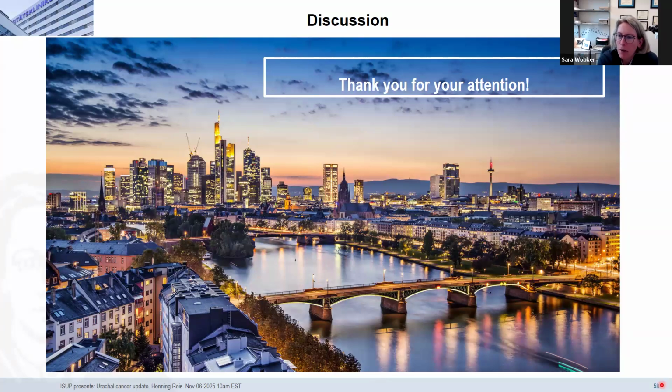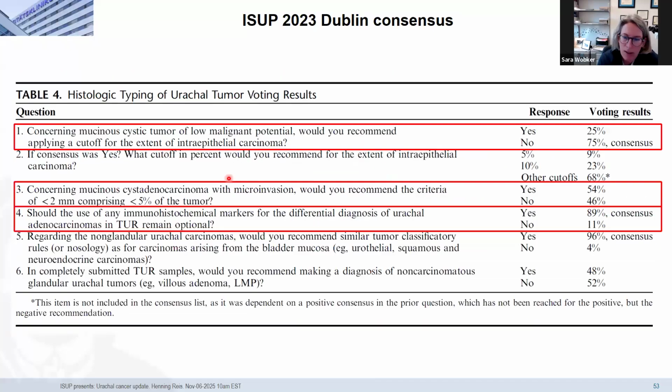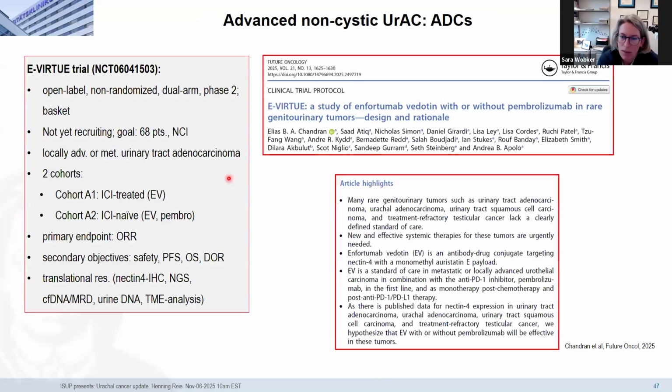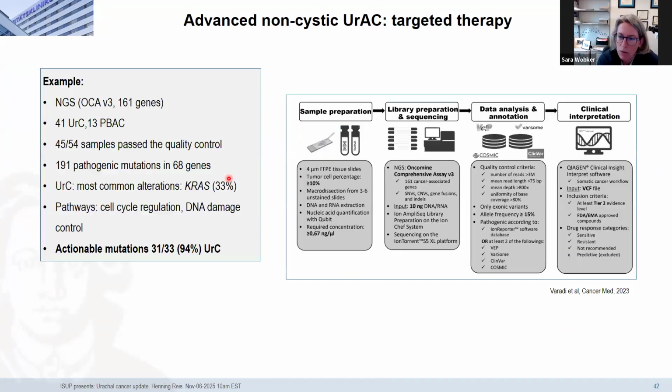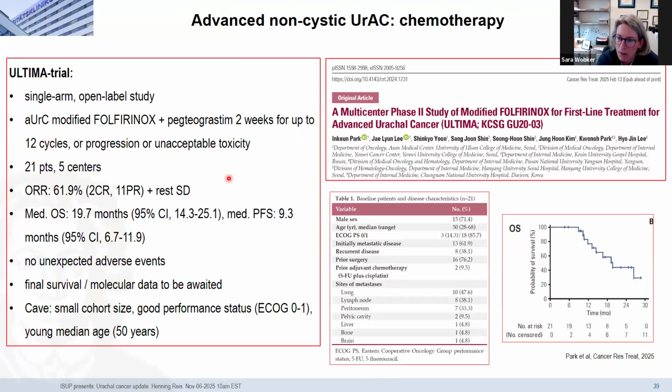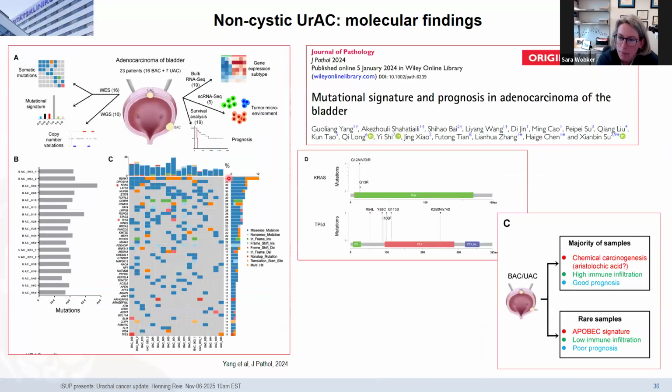But that is definitely an issue that comes up. I had a question. I can go to the paper, but I believe it was in the paper, maybe the Shanghai group, with the urachal and the most recent molecular findings with the basal subtype doing worse. Did they give any indication of any differences in histology for those, any subtypes that were overrepresented, anything like that?